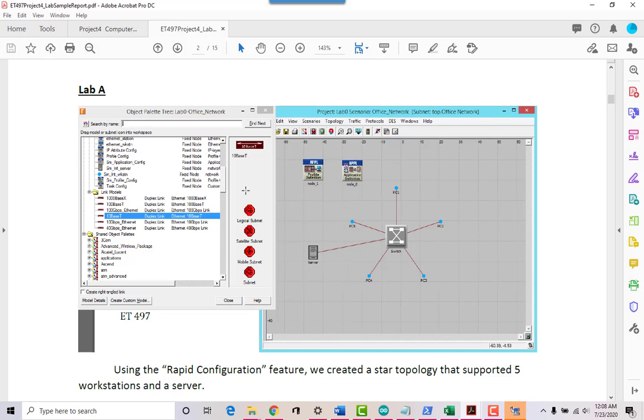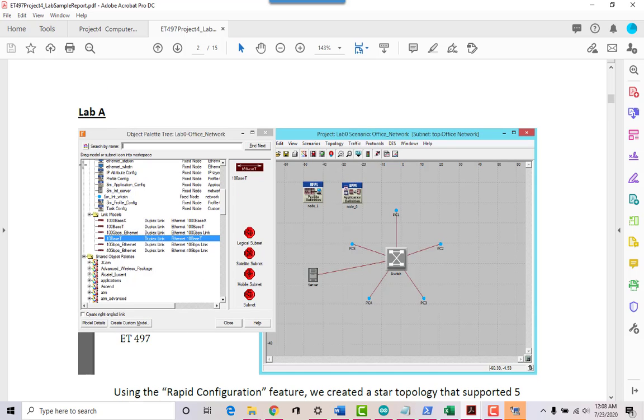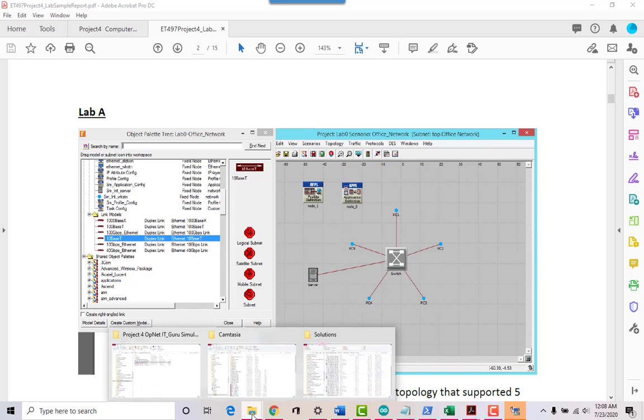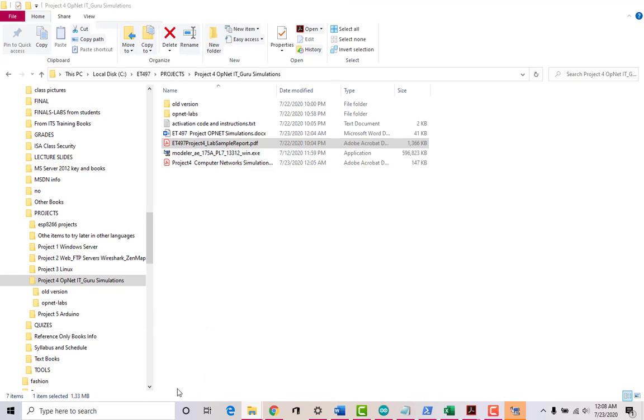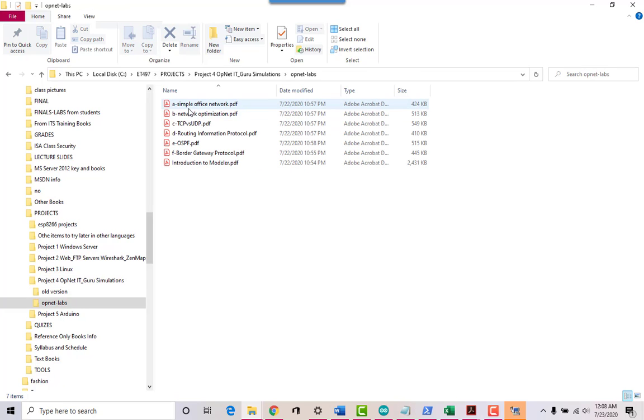Inside this lab there's various sections of it. So that's like part A, B, C. So let me show you. Under OpNet Labs, you have sections A through F. What I'd like for you to do is to pick 4 of the 6 areas that you're interested in.